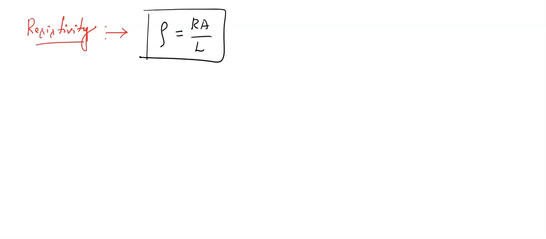Here, if the resistivity is low, what does it mean, children? It indicates a material that readily allows the movement of electric charge. If resistivity is low, the material is allowing the movement of electric charge. It is allowing the current to flow. The less the resistivity, the more the electric current flow. Did you understand? So that is called resistivity. Got it? Now here I would like to tell one more important piece of information.